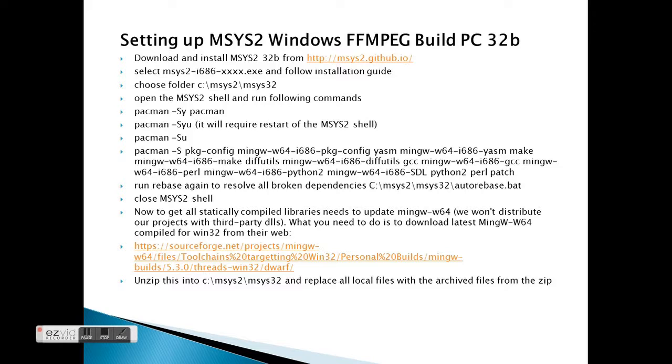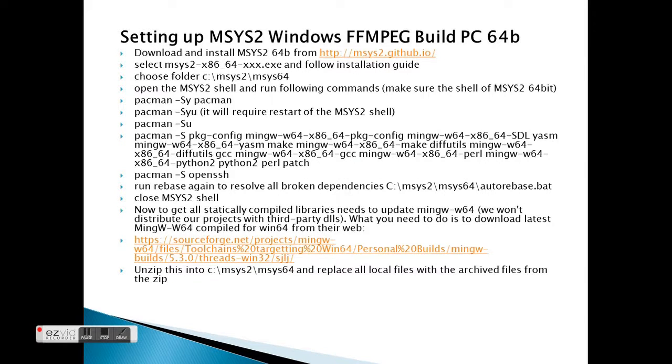What it will mean is that you will have an MSys2 environment for 32-bit available for FFmpeg. For MSys2 64, it's exactly the same steps with different locations. Just remember your location, and remember once again to take the same version number of the